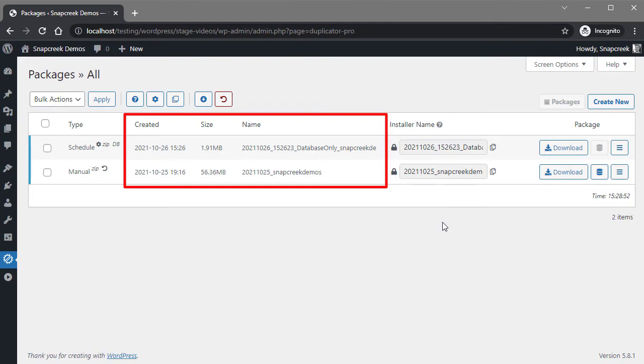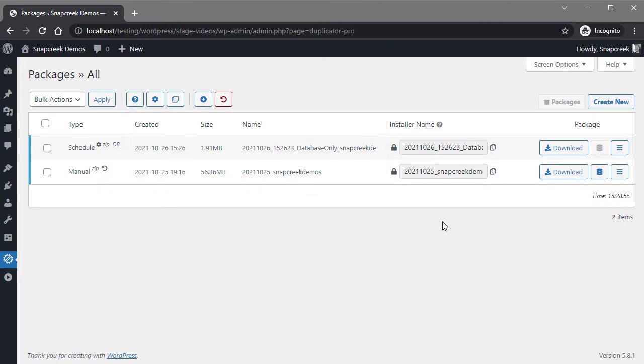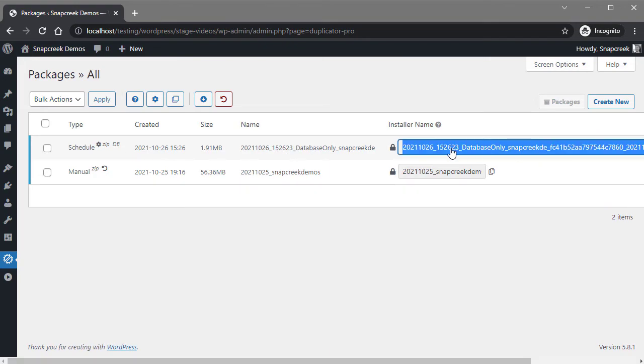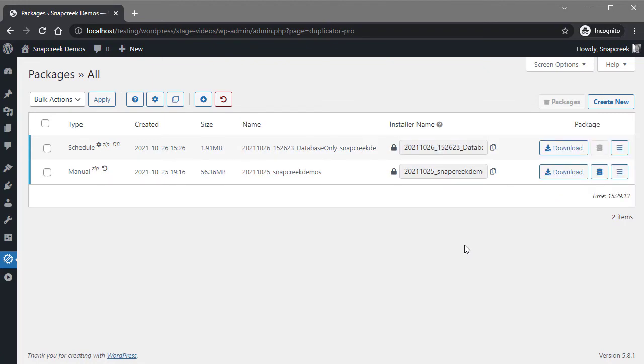The next column here is more of a workflow column, and what it's here for is designed to help improve your workflow. So by default, the installer name is given a hashed name, and you can see that it's added some special characters in here so that people can't necessarily guess what your installer file is when you put it on a public